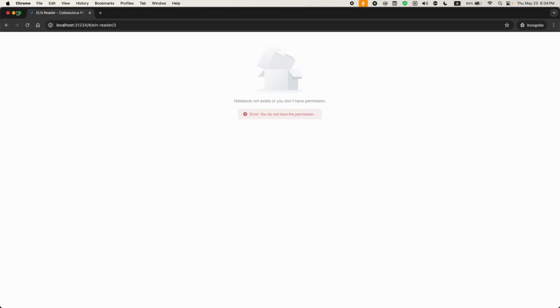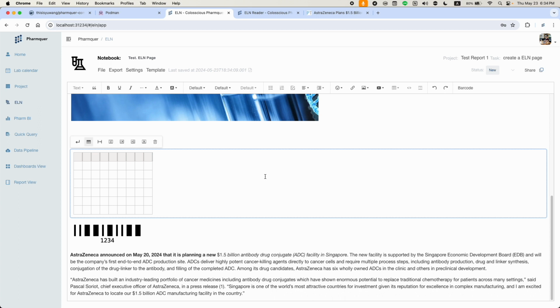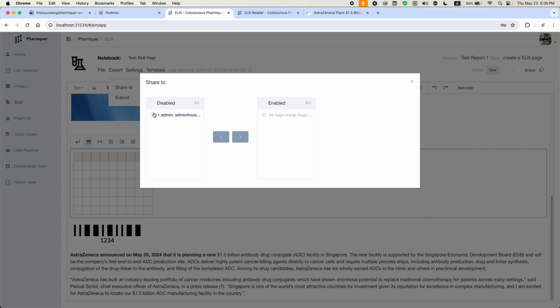Let us go back to ELN. And here, remember, before we share the page with our colleagues, we have to give them the privilege to access the page. So here we click share. And then administrator can access the page.